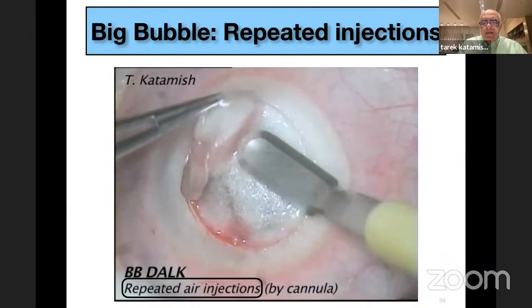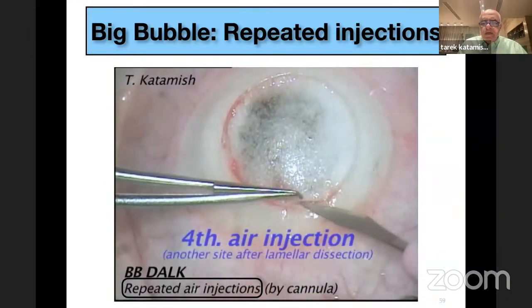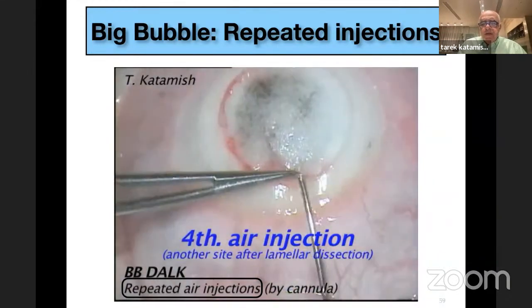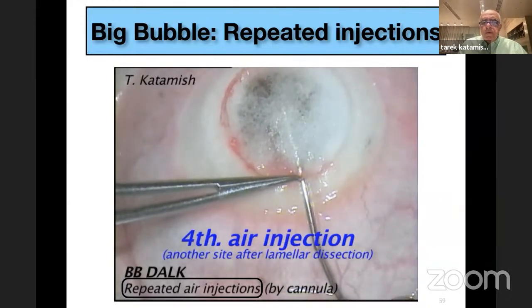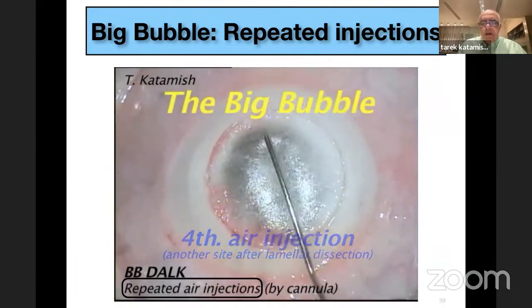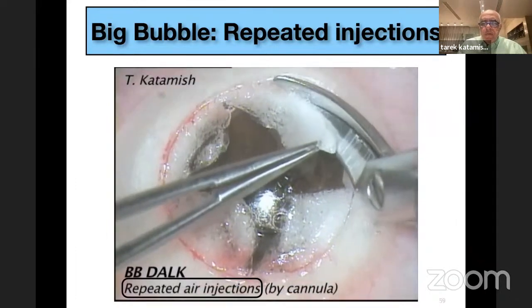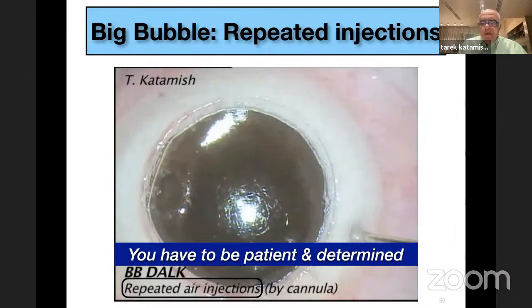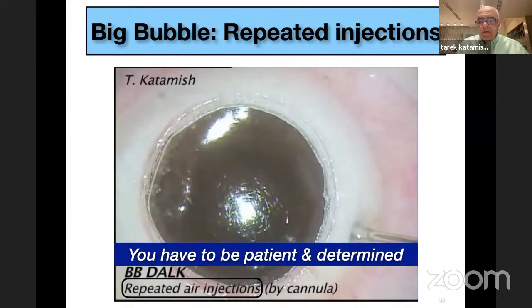So, making lamellar dissection, going deeper in a fourth plane, and watch carefully. We will be having the bubble now with the fourth injection. You see, you have the big bubble now. The globe becomes firm. So as I always say, you have to be patient and determined until you get the